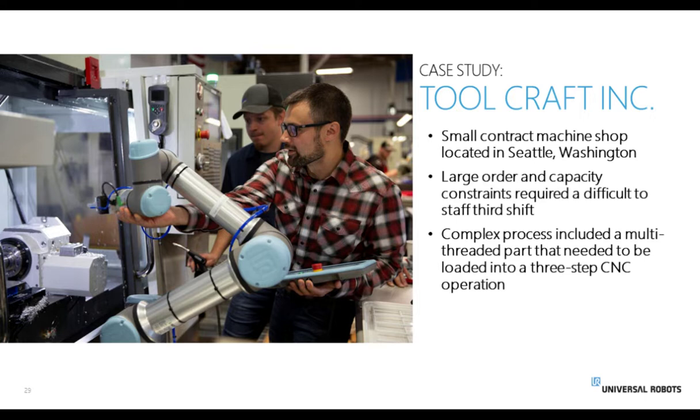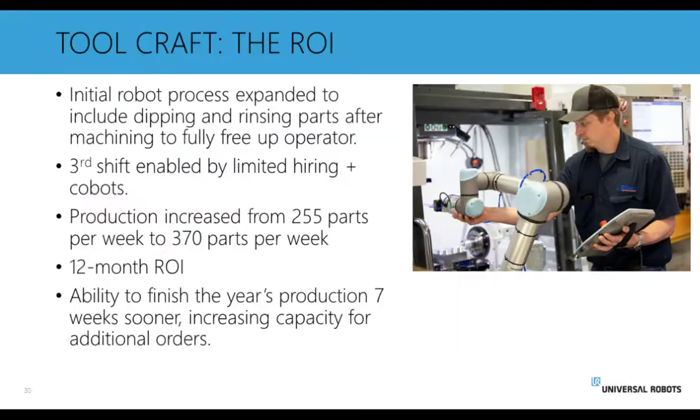Who wants to work overnight tending machines? Okay, they had complex processes that included a multi-thread part that needed to be loaded into a 3-step CNC operation. The initial robot process expanded to include dipping and rinsing parts after machining to fully free up the operators. Therefore, the third shift was fully enabled by limiting their staff requirements to hit that third shift production requirement,